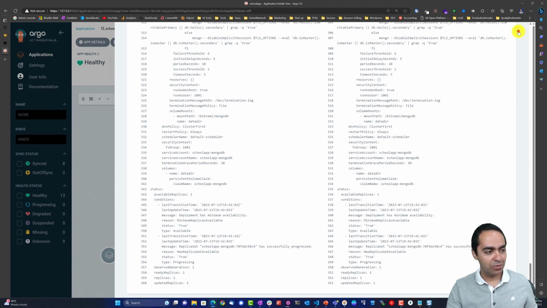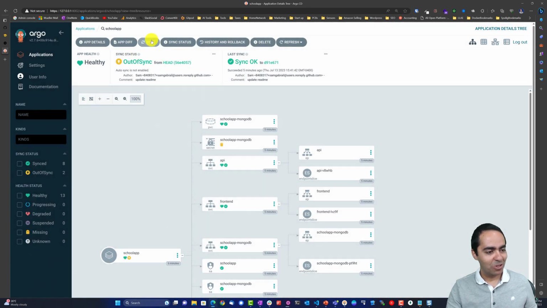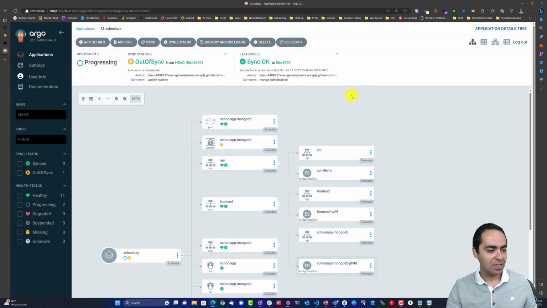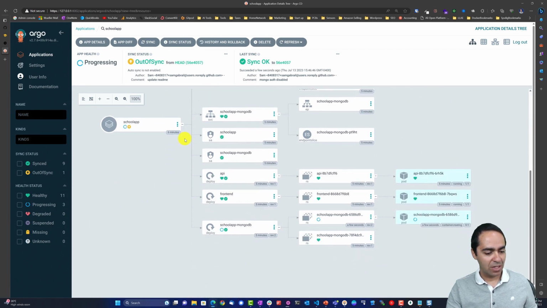And if we close out of here and we go ahead and click sync, it will show you once again what's going to happen. And you can choose what you want to sync if you wish, and go ahead and synchronize. And it's going to take a little bit of time to get everything synced up. So let's take a look now. The new pod is going to get spun up. And I want you to notice something, that